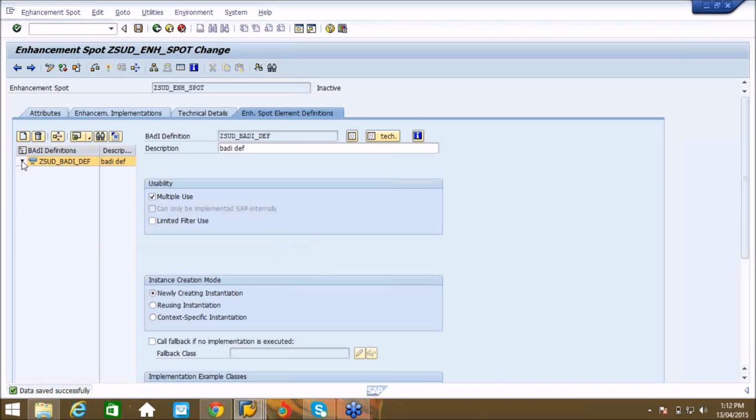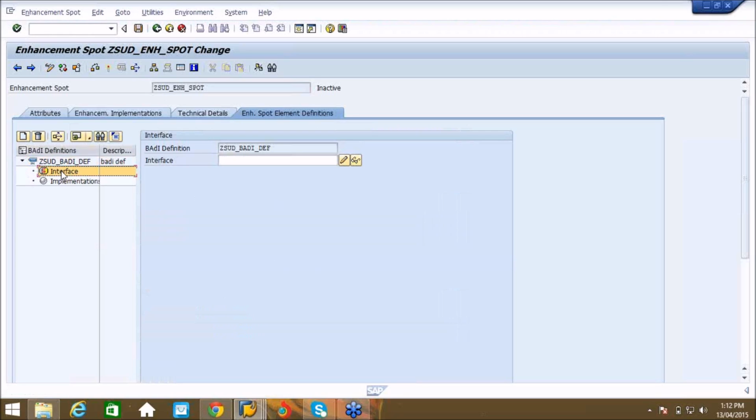So let me expand this. There is something called interface. Double click on this interface. BAdI definition is an interface, that's what we have read, right? Till now we are looking at. So now in the interface you have to provide an interface name. So I will say here ZSUD_INTERFACE1 for example.